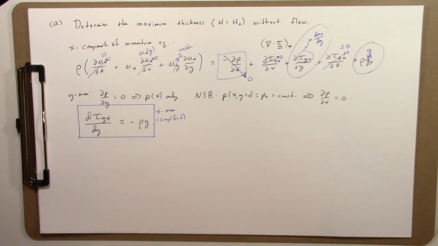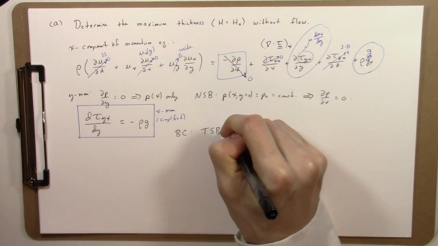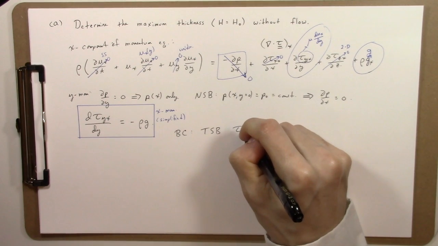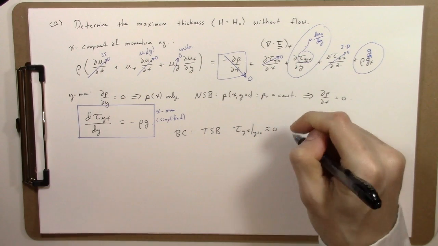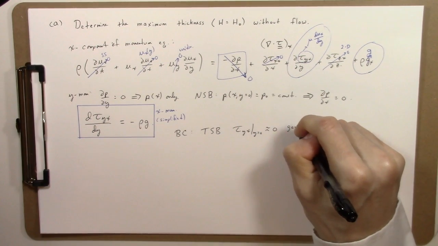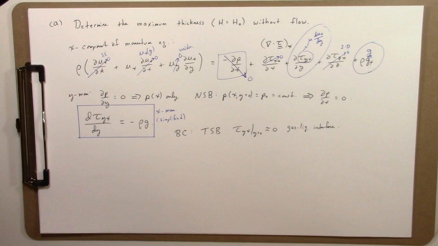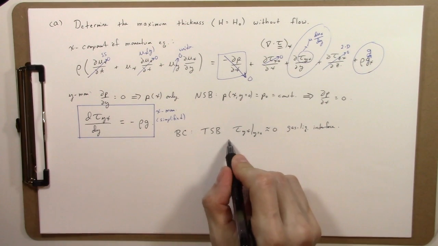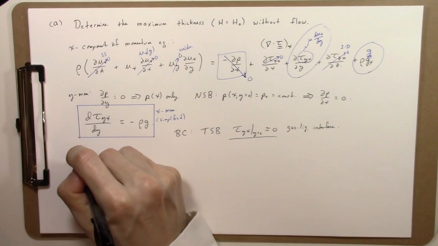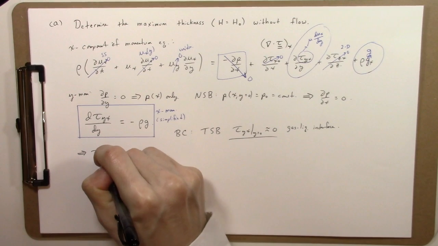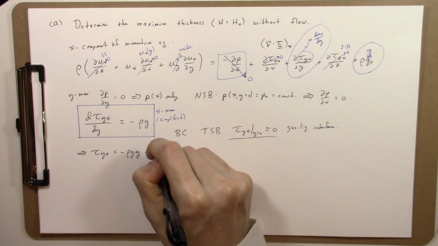We need one boundary condition. So the boundary condition for this would come from the tangential stress balance. We already used it in our other analysis using the macroscopic approach. Tau yx at y equals 0 is approximately equal to 0 at the gas-liquid interface. So that's the equation we need. That's our boundary condition. So now we can integrate this equation once with respect to y, since rho g is constant. If we integrate this, we find that tau yx is equal to minus rho g y plus a constant,